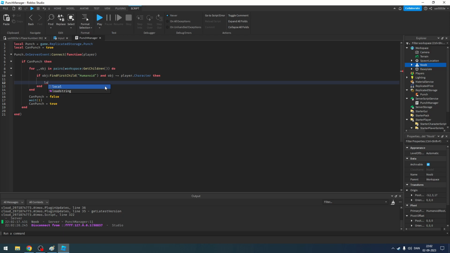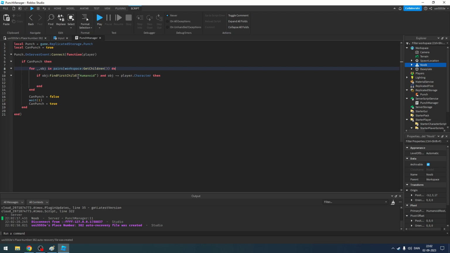local torso equals object.Character.Torso. Even though, wait, there's another way to check this, but yeah, you know what? It doesn't really matter right now. So if object:FindFirstChild("Humanoid"),